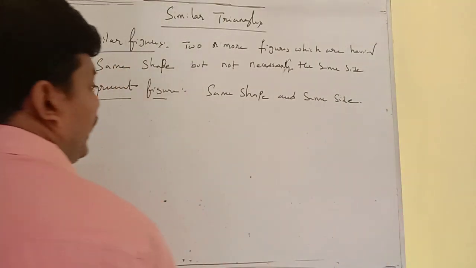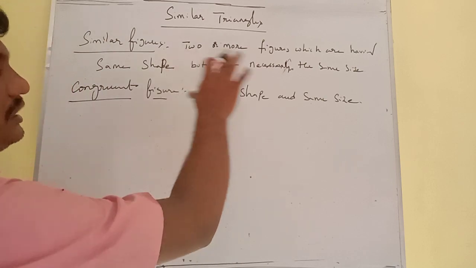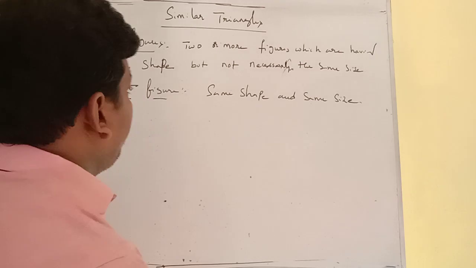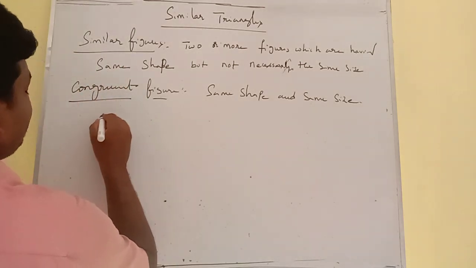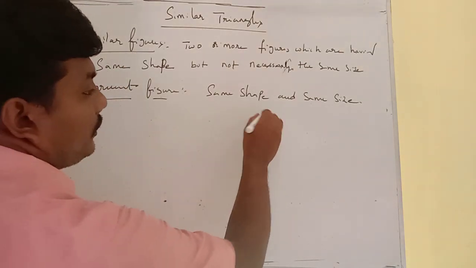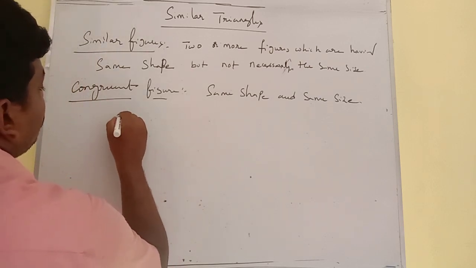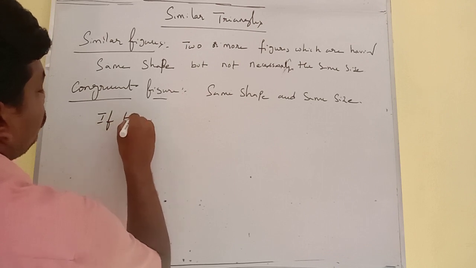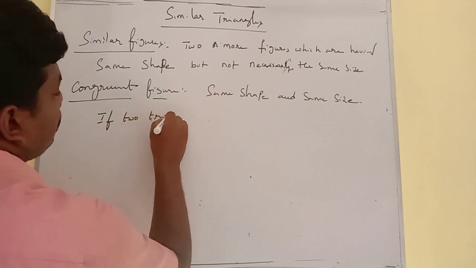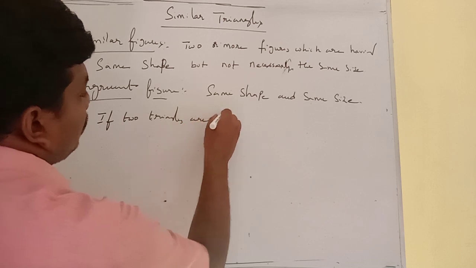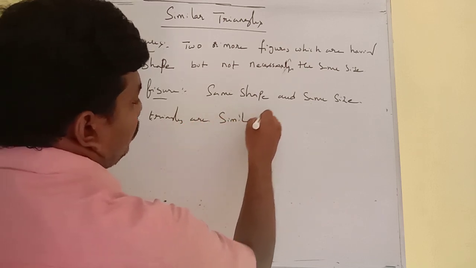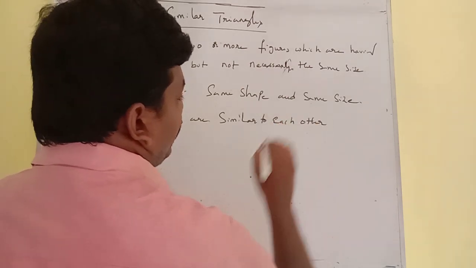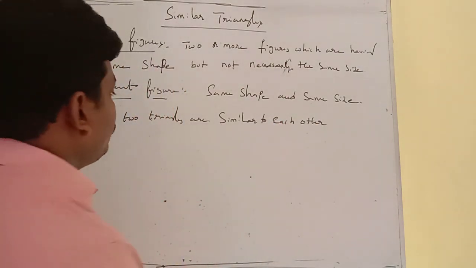So let me consider two triangles. Any two triangles are similar. What are the conditions for similarity? Similar figures are denoted by the symbol similarity. If two triangles are similar to each other,